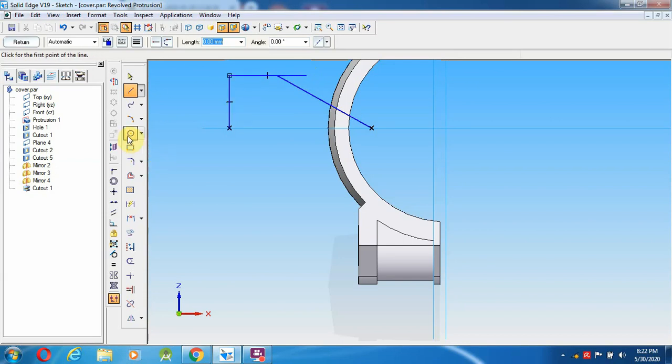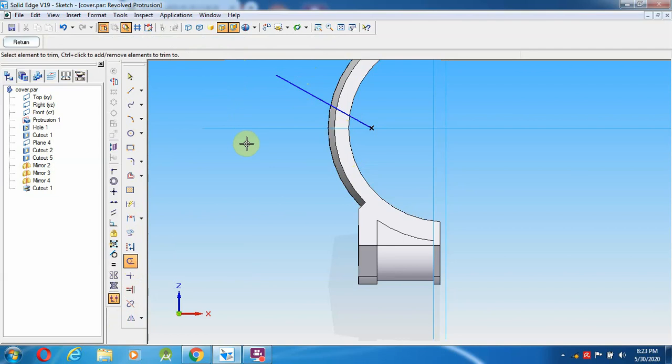So next going to give the extend to next of this line. So then go to the trim option, trim. So this is drawn for the reference purpose exactly.